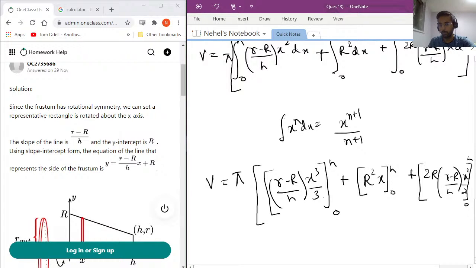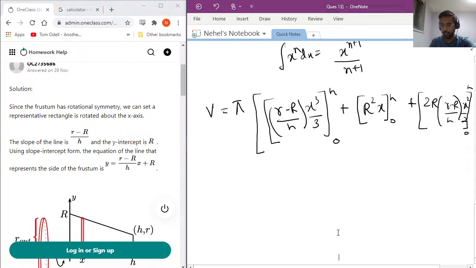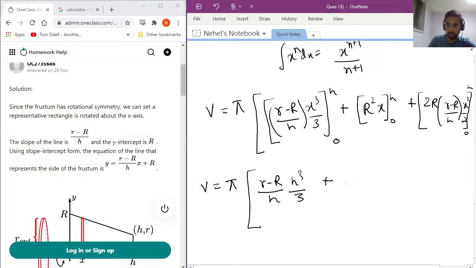Now when we do substitute for the limits, we should know that the first quantity gets substituted in, minus you substitute the second quantity. So for the final formula, we would get pi. Every time we substitute x equal to 0, the term actually becomes 0. So our final formula will be r minus r over h x cubed over 3 plus r square h